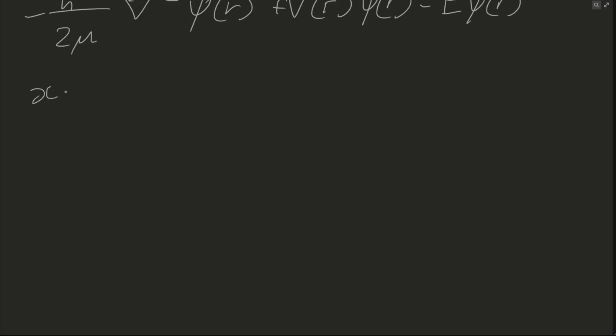So x is equal to r cosine of phi, and y is equal to r sine phi, and z is in fact z,